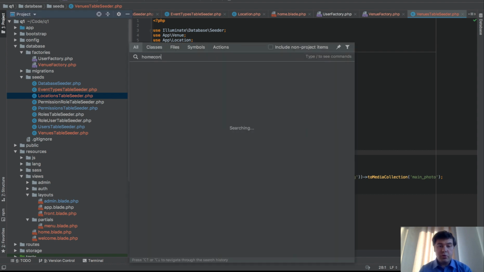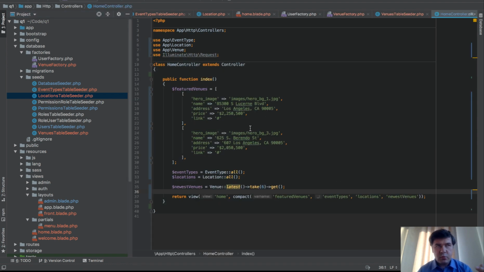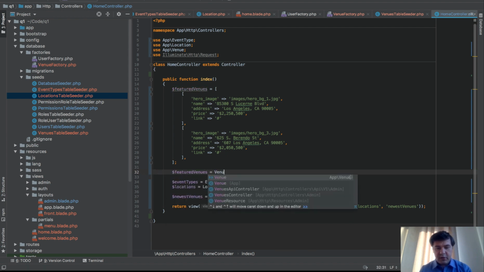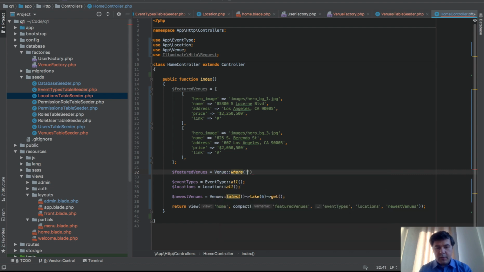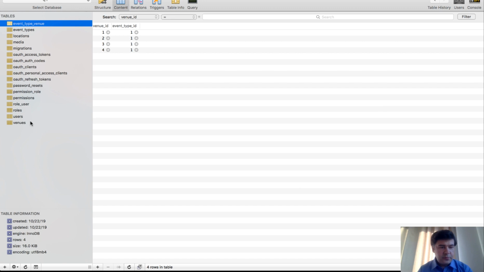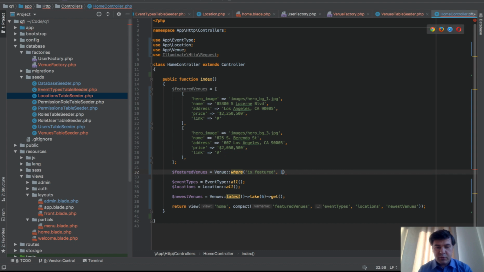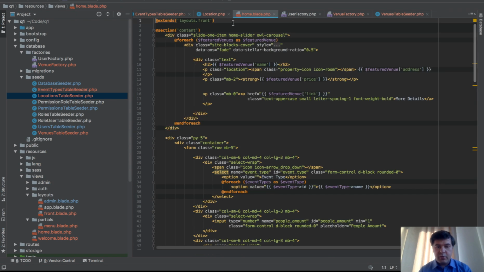Actually, let's go to home controller now, because if you remember in lesson 1 or lesson 2 we hard-coded those featured venues. Now we can delete that hard-coded part and do featured venues equals venues where is featured equals 1, and let's see if we have those. So venues is featured, yeah, we have 2. What a coincidence, we actually need 2. Get, that's it, so is featured get,